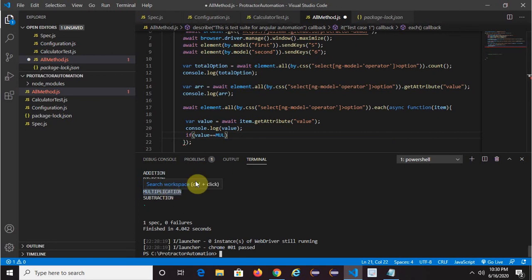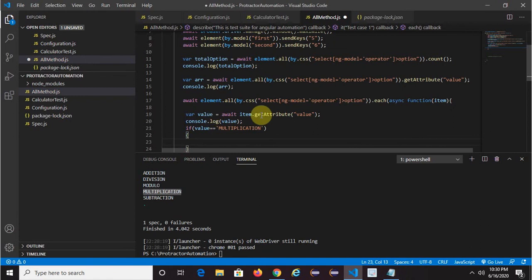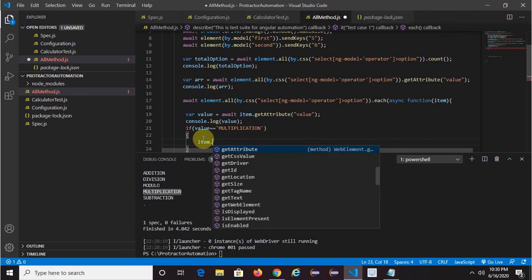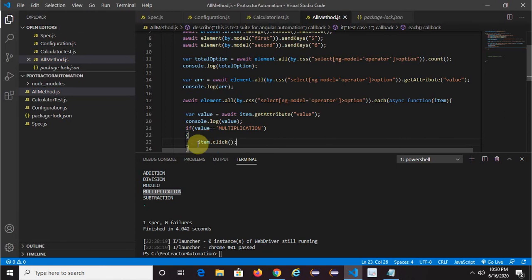Suppose I want to do multiplication. Fine. Then what it should do, it should select that multiplication option, item dot click. Fine. Use await,